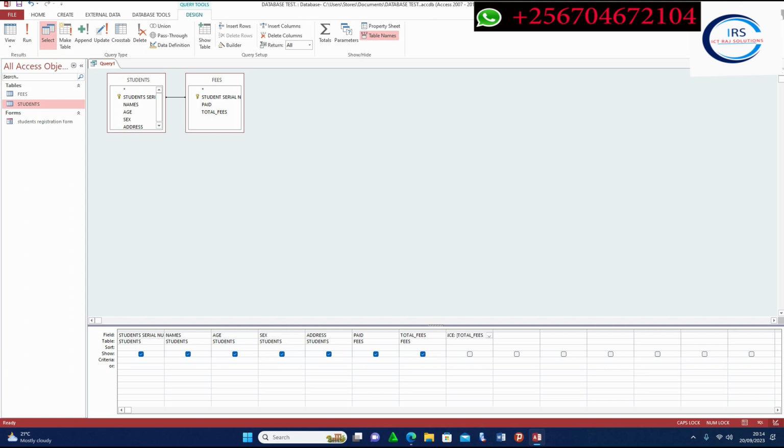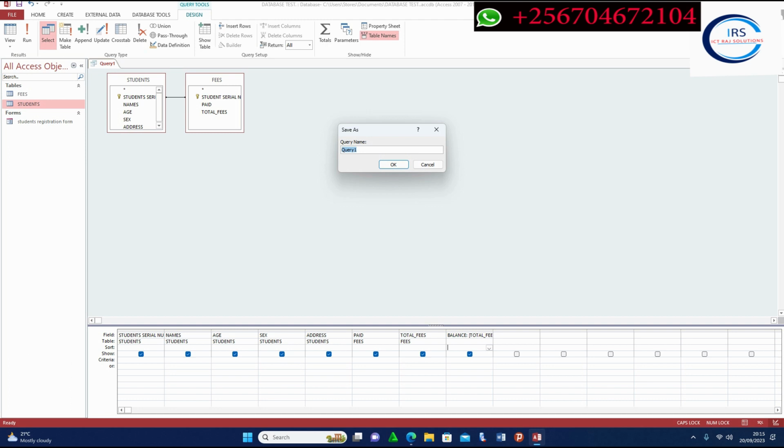The same way it is written, that's how you write. Then you close the bracket, then you say minus. We are going to deduct, put the bracket, paid. Then you close the bracket. Then you press enter, you come and tick it. Meaning that is our query we have created. Then we come and save our query. We call it